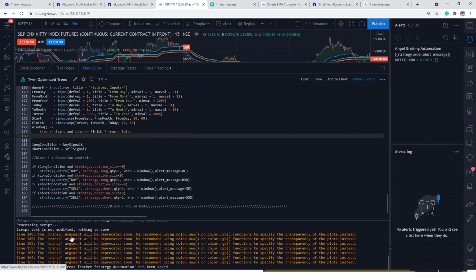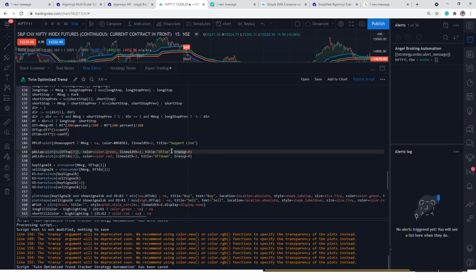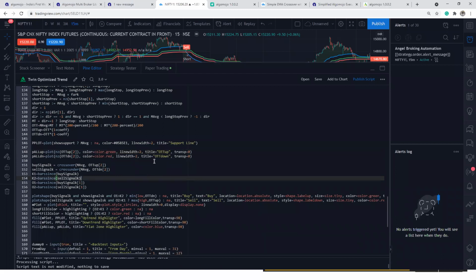Transparent argument will be deprecated soon. That means what? That there is a particular level you maybe don't need to use at all. They are removing it, maybe in the upcoming versions. As of now, they are suggesting certain different things. It will work, but maybe very soon those values need to be changed. Maybe they are coming up with new functions or new arguments that you have to pass. As of now, you don't need to worry about that. That is just a warning that the value may not work later on at all, and you have to change to different values.